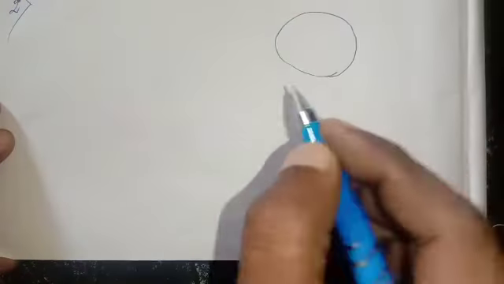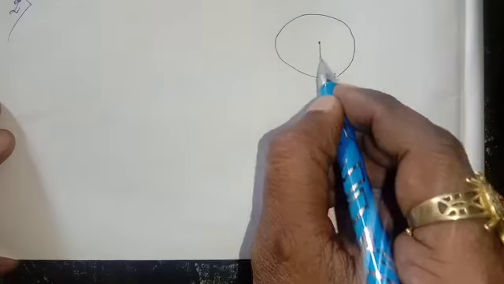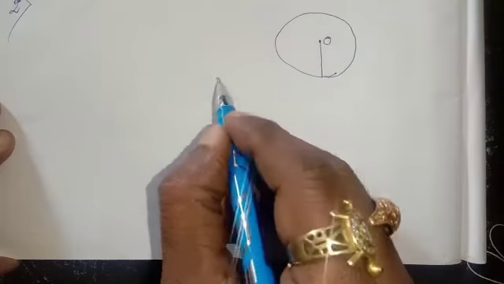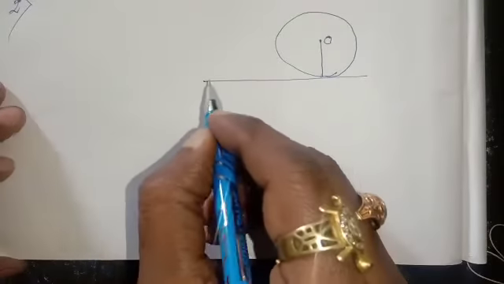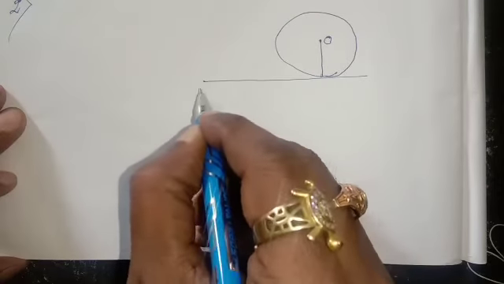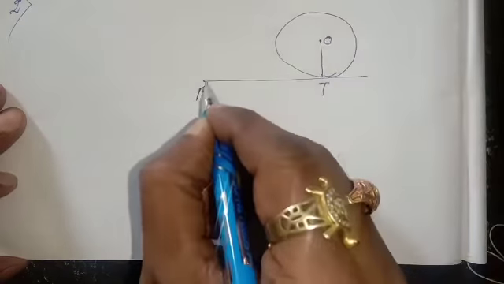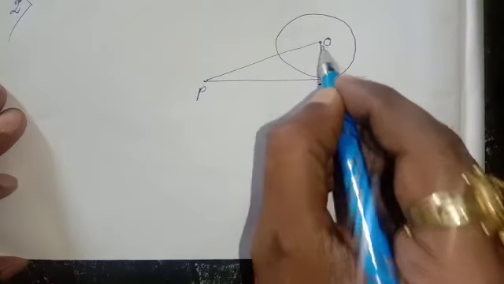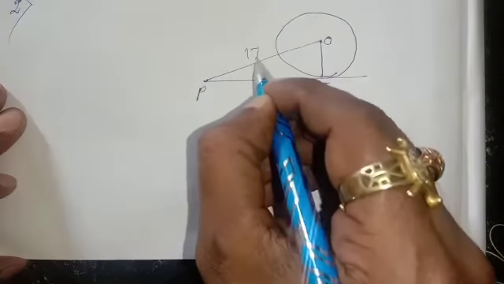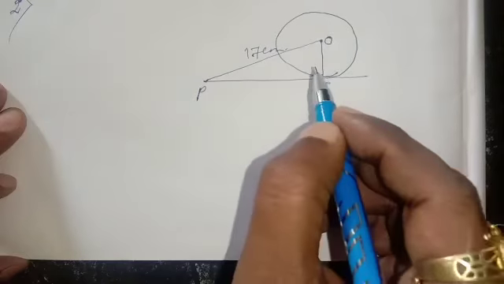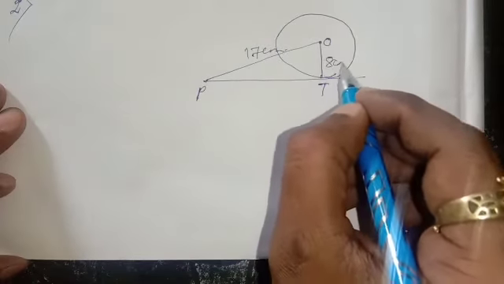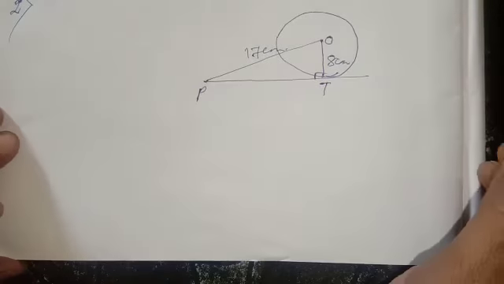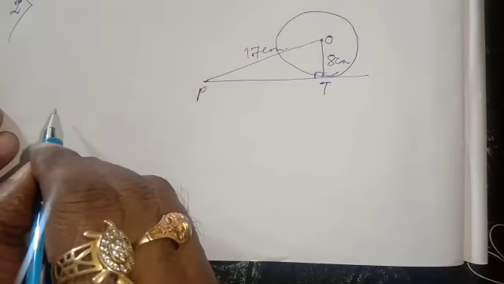Draw the circle first here. As per the question, you have to draw a circle. This is the center of the circle. And draw one tangent. This is point P. This one is T. And you join. OP is given 17 centimeter. Exercise 13b from the book Innovative. And OT is 8 centimeter. This is 90 degree. You have to find out PT.